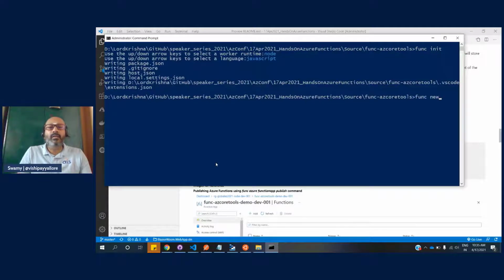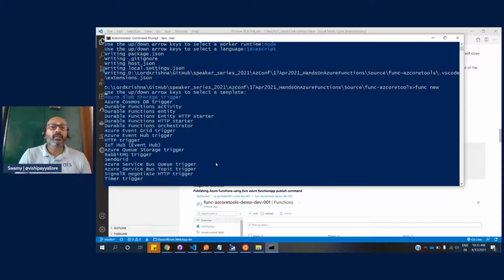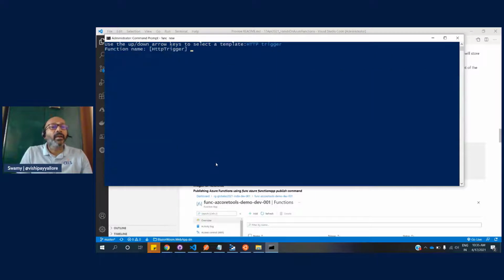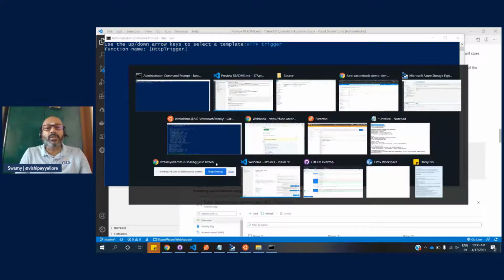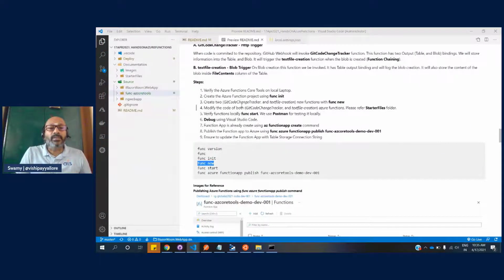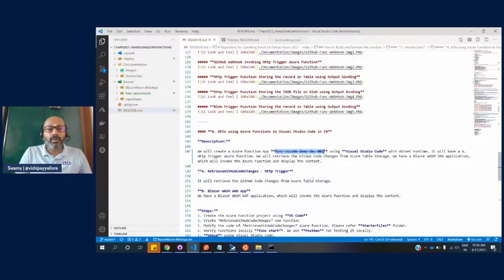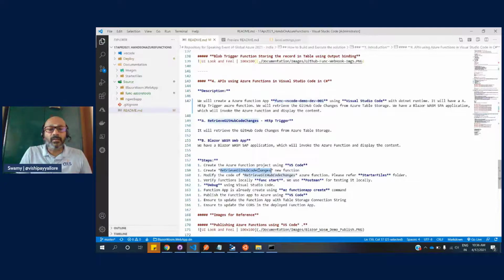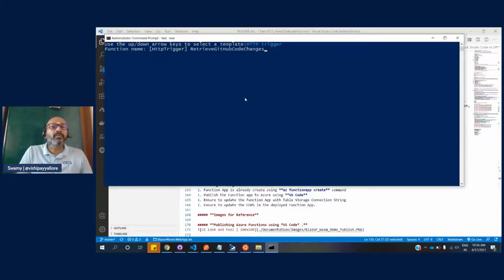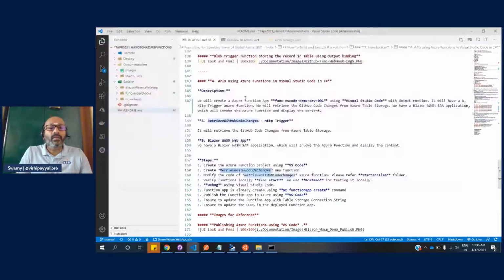Func new, and that we will need an HTTP trigger. What is the function name? That should be GitHub code change tracker. That's one thing, and we need another thing that will be the blob trigger.